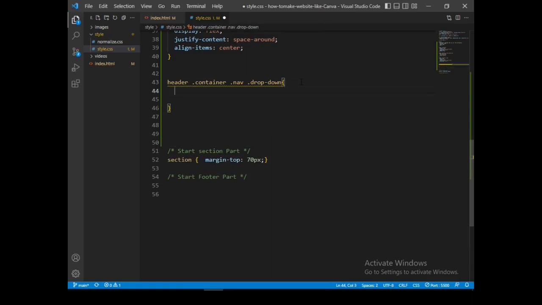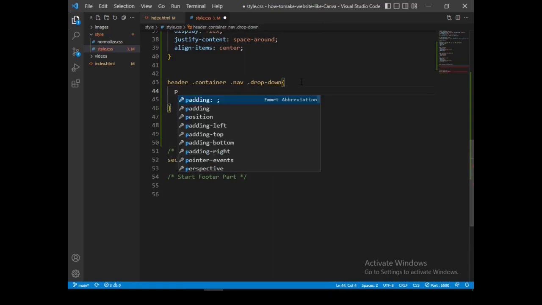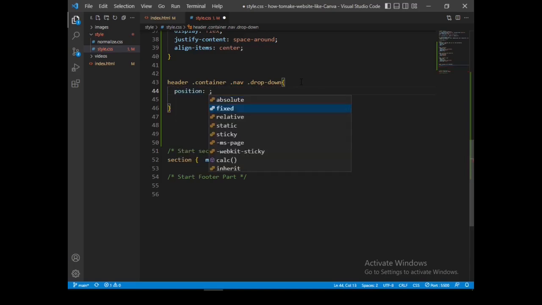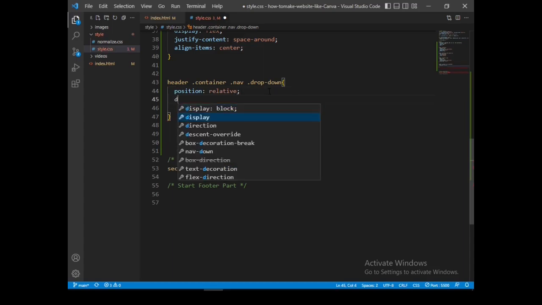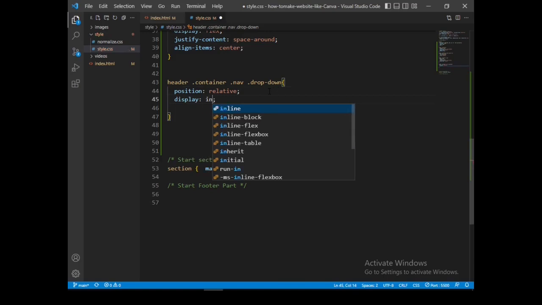Let's set the position to relative, and also let's have display inline-block.